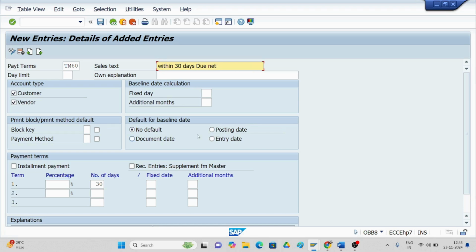Default for baseline date: posting date is nothing but the date when you post the invoice, and document date is nothing but the invoice date. Entry date is automatically taken by the system whenever the entry is done. So if you see here,